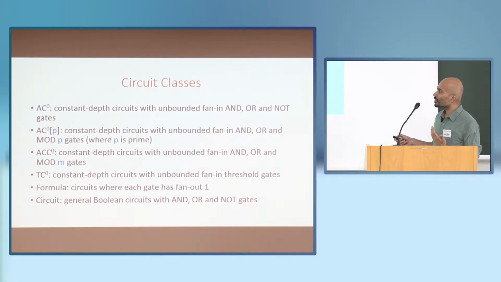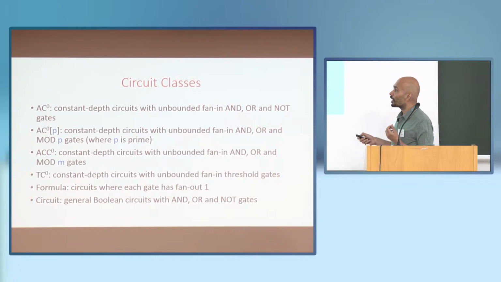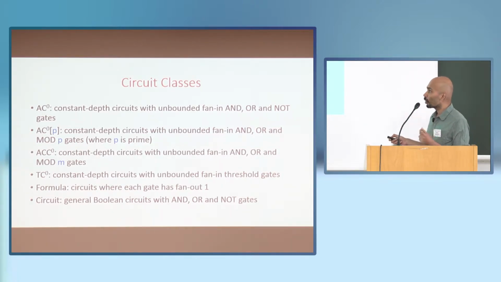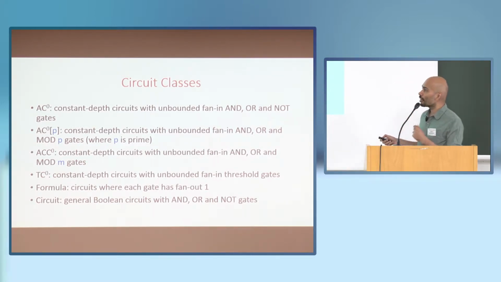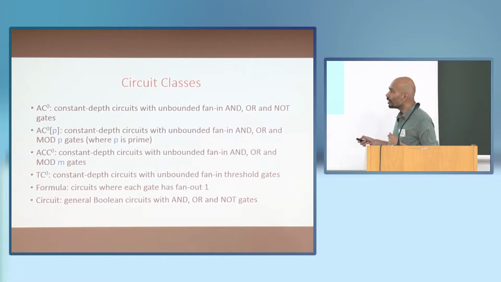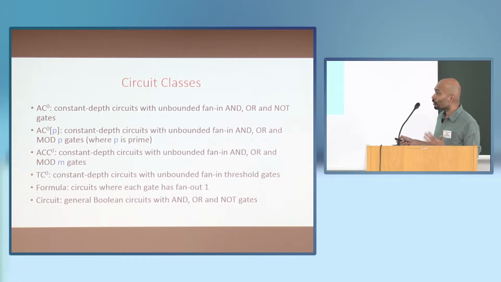And then we can enrich this class a bit. You can add more gates to it, mod P gates. These are gates where the gate outputs 1 if and only if the number of inputs that are 1 is 0 modulo P. And it turns out to make quite a difference for proving lower bounds whether P is prime or composite. So the case where you have M where M is composite, that's ACC0, which is potentially a larger class than AC0 mod P. And then you have TC0, where we're still living in this space of constant depth circuits